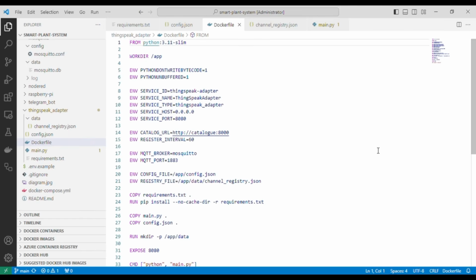Next, in the Dockerfile, we build from a lightweight Python 3.11 Slim image and configure non-buffered output for real-time terminal logging. We set environment variable defaults for networking, service paths, and file locations. The build installs our dependencies, copies the source code, creates the persistence data directory, exposes port 8080, and launches main.py